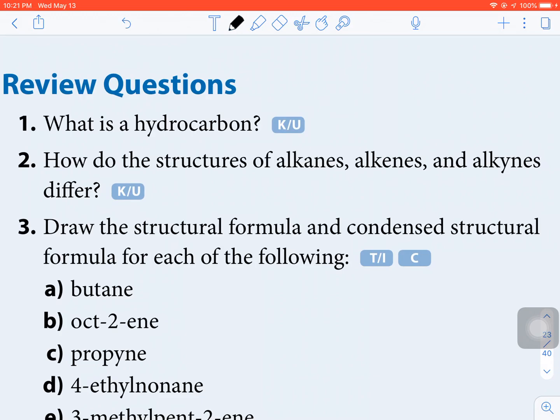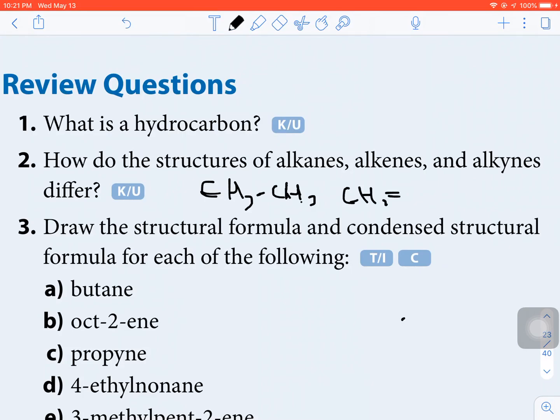Remember, an alkane has only carbon-carbon single bonds, so I could have CH3 single bonded to CH3. That would be ethane, and we know that it's an alkane because there's only a single bond here between carbon and carbon. If I want to look at an alkene, I could look at CH2